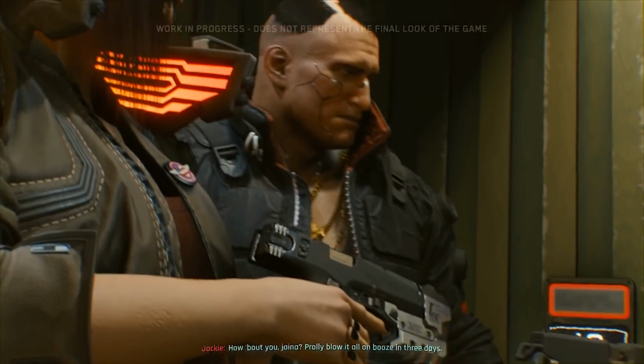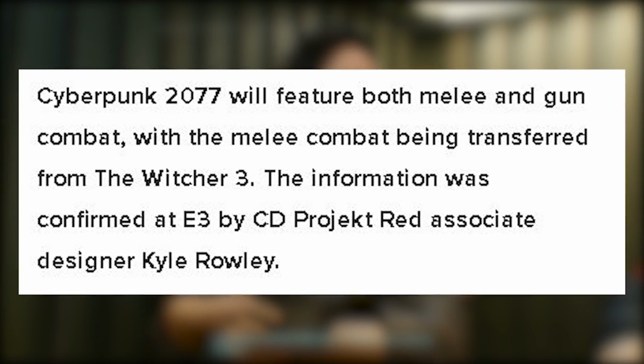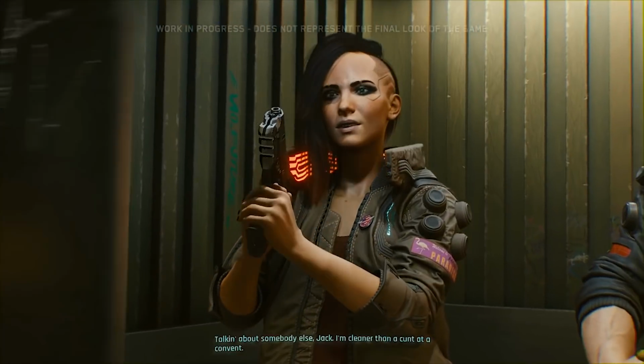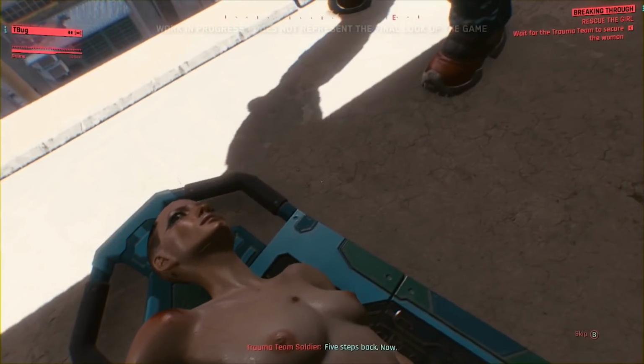So if you guys don't already know, Cyberpunk 2077 will feature a fully fledged melee combat system. This means melee combat will be complete with blocks and parries, and the ability to stagger or get staggered by your opponent. Looking at the sequence with Trauma Team in the demo might give you a better idea on how